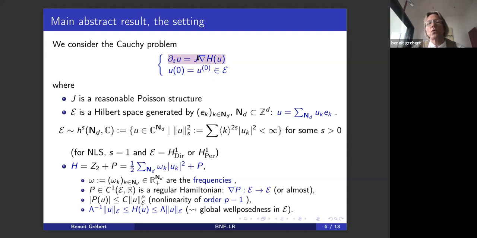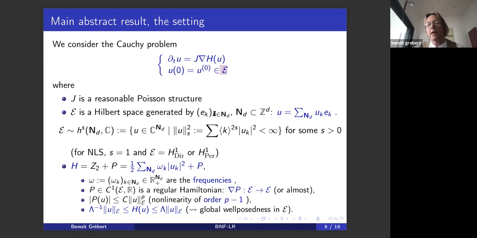The matrix G is some Poisson structure. So you have a Hamiltonian structure, if you prefer, for your equation. And you have an initial datum in space E, and E will be the energy space. What we want to know about this space E is that it is a Hilbert space, and you have a